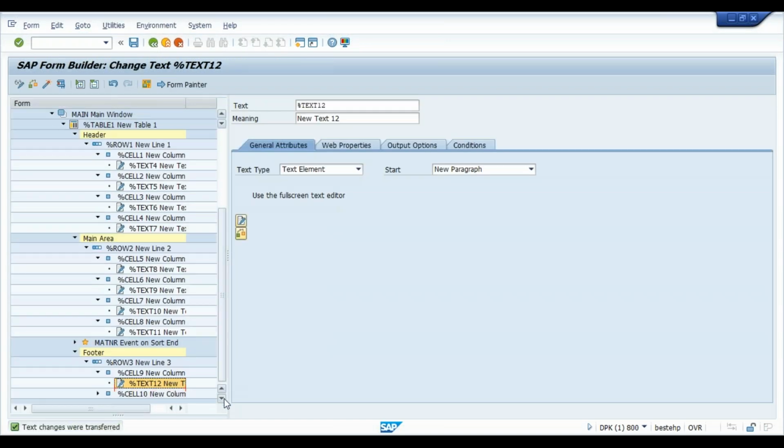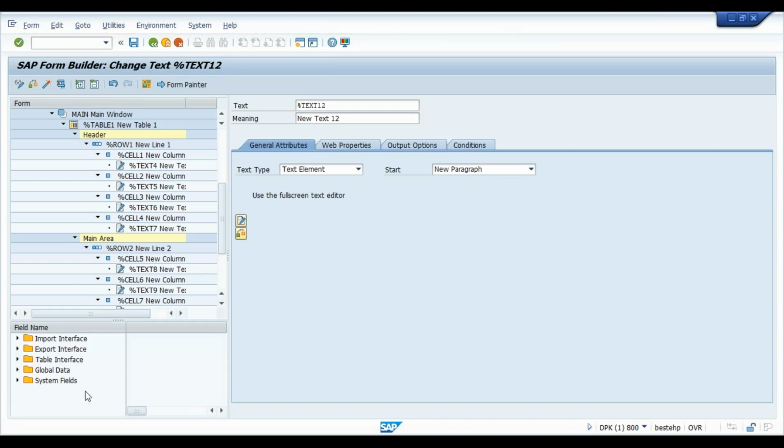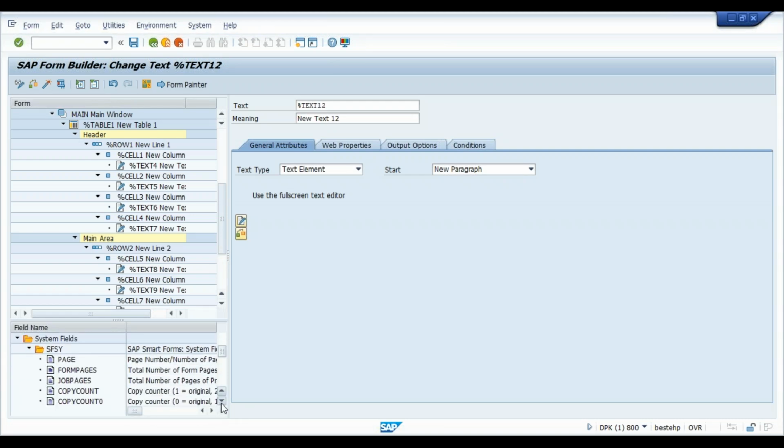Okay, so here for this another one, the next one, I will give the system field, especially the page number. So the field name will be something else here. System fields, in the system fields, this one is SFSY. SFSY hyphen, should give SFSY hyphen